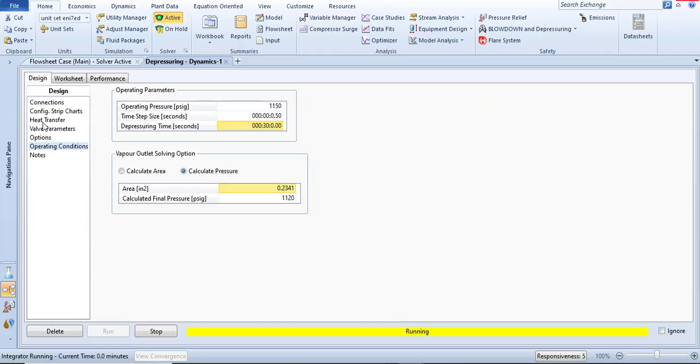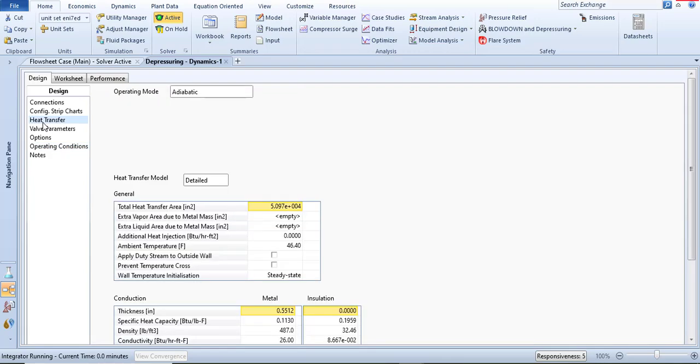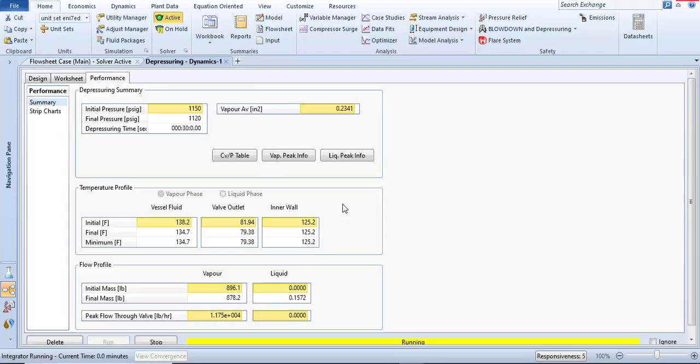In heat transfer, you have to select detailed with the thicknesses of the metal, and only then in the performance tab can you get the inner wall temperature. And the inner wall temperature is very important for you. The reason is that if you compare the fluid temperature and the inner wall temperature, regardless of the numbers, I'm giving you the real life thing: the difference is mostly